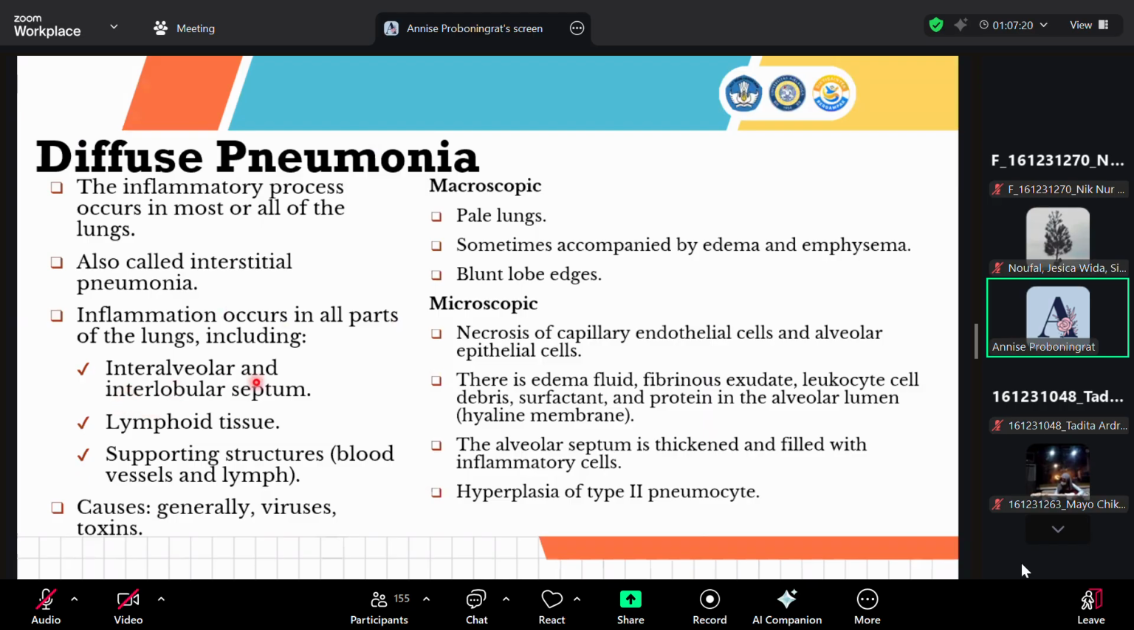And then diffuse pneumonia, the inflammatory process occurs in most or all of the lungs, also called interstitial pneumonia. And the inflammation occurs in all parts of the lung, including interalveolar